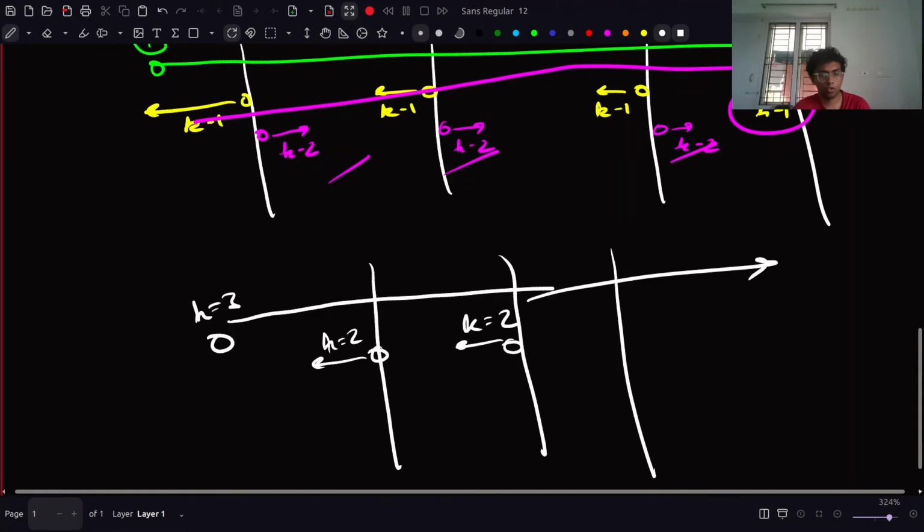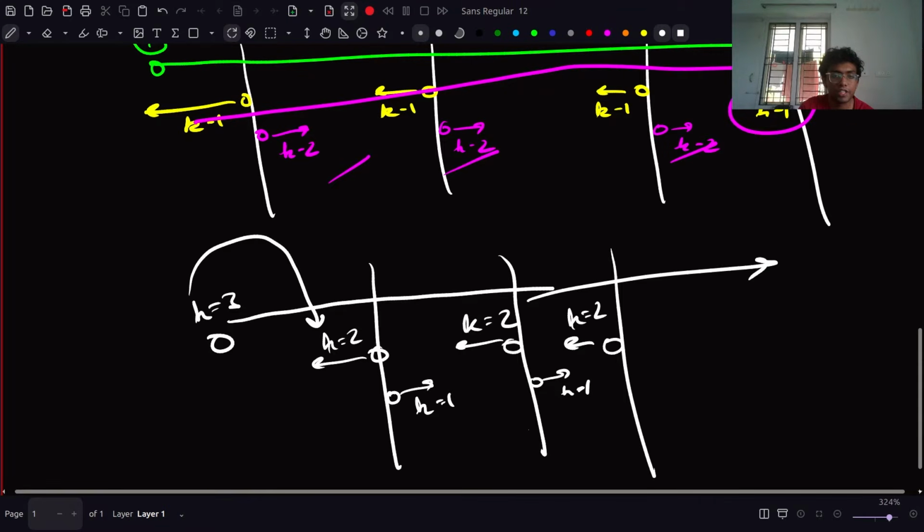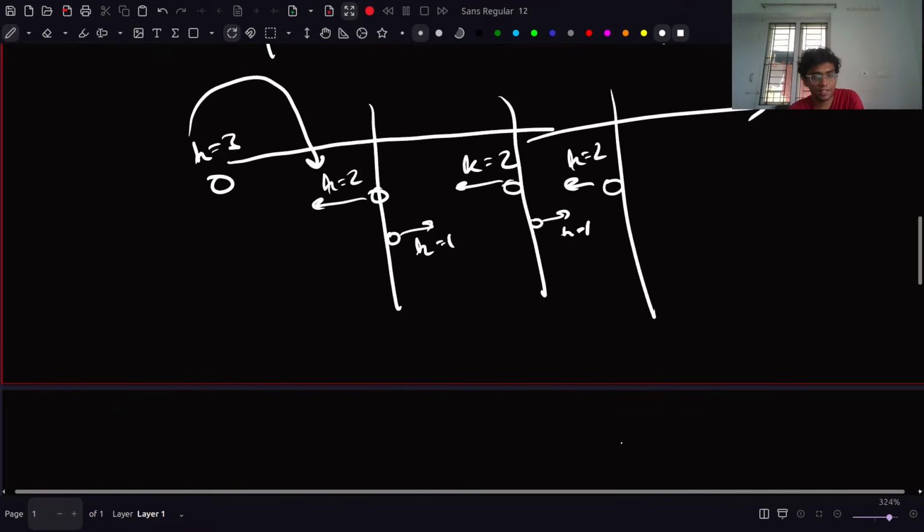This particle goes through this, and then all of these k equals 2 particles go forward like this, and then each of them creates k equals 1 particles. So basically the k equals 3 particles depend on the k equals 2 particles. The k equals 2 particles create these k equals 1 particles. So basically what we can say is that